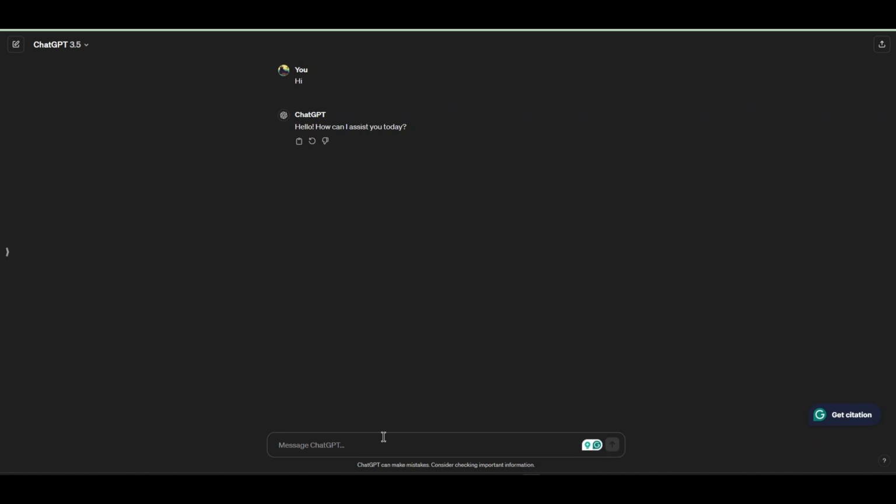I will use ChatGPT to create dummy content as an example. You should create your own fresh and unique articles.